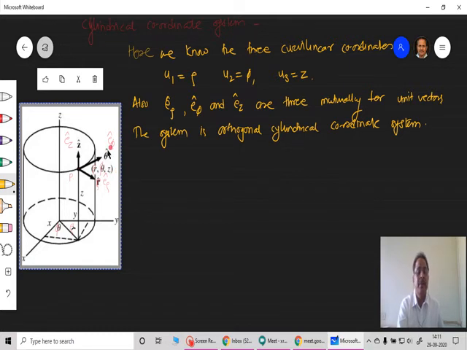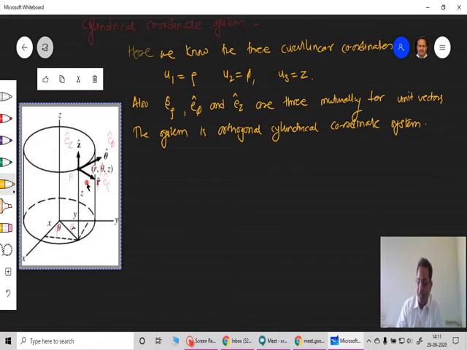E z cap, E phi cap and E rho cap are shown to be three unit vectors at this particular point, and these three unit vectors are normal to each other, or perpendicular to each other. This is what we call the orthogonality of the coordinate system. Here E rho cap, E phi cap, E z cap are three mutually perpendicular unit vectors, and the system is orthogonal. And here we have taken u1 equal to rho, u2 equal to phi and u3 equal to Z. So these are the notations we have used earlier in our case.